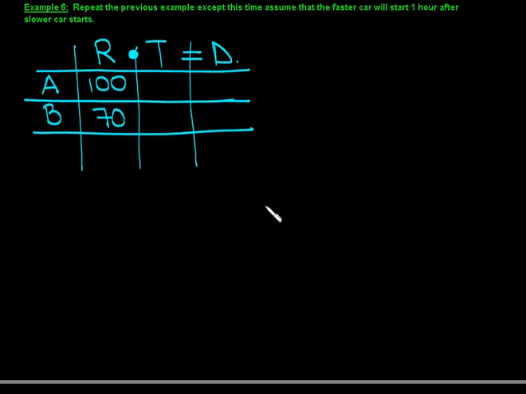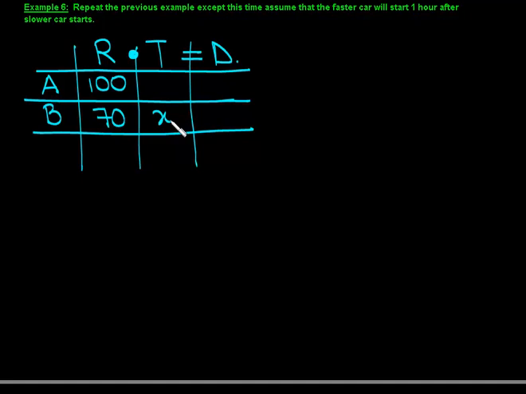Now, they've told us that these two cars are not traveling for the same amount of time. The faster car started later than the slower one. So let's say car B was traveling for X hours. We still don't know how long it was traveling, but we just know the other started an hour later. Okay, so if car B was traveling for X hours, how long was car A traveling then? So let's think about it. Just to give you a concrete example, let's say car B was traveling for 6 hours